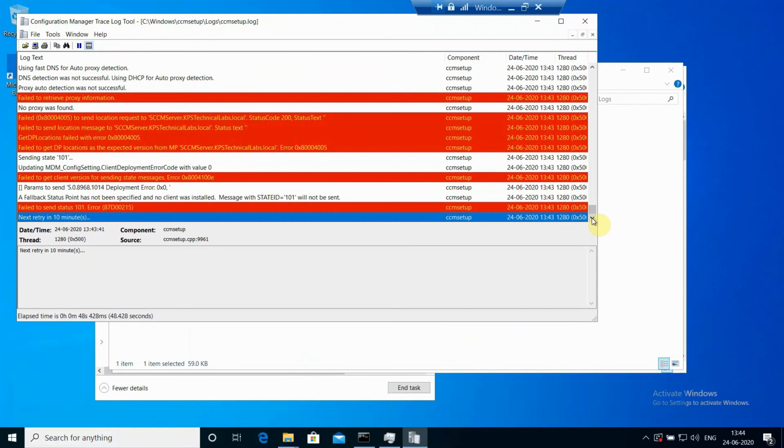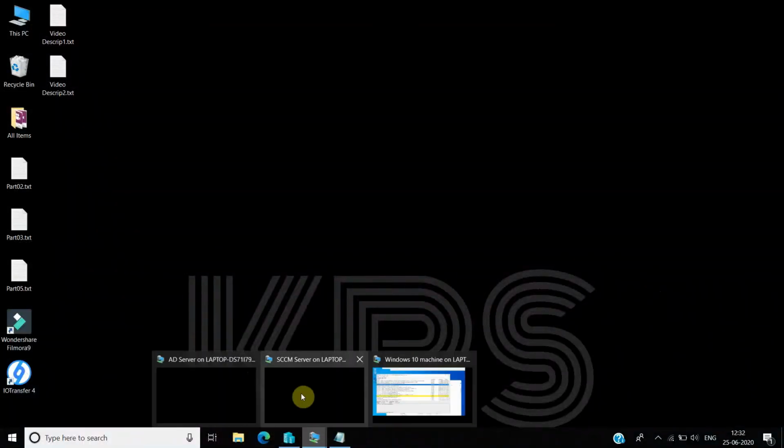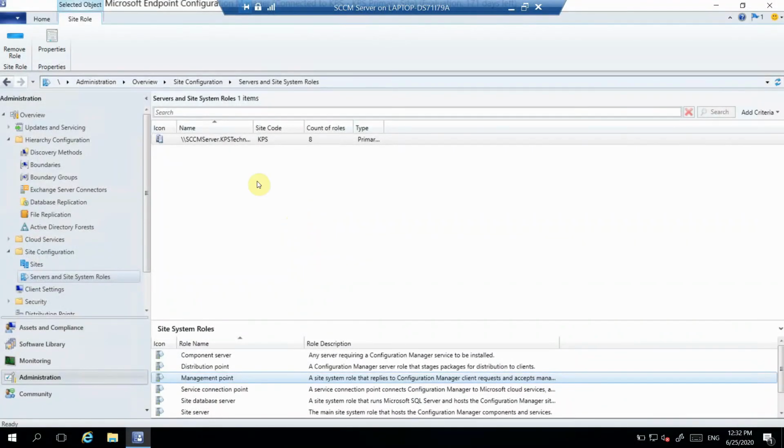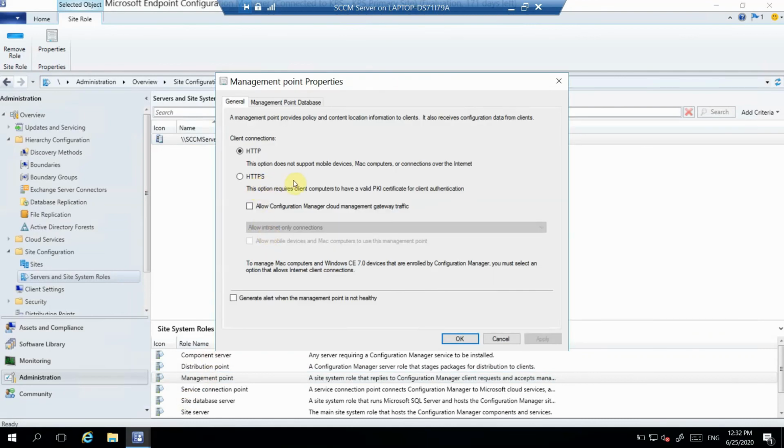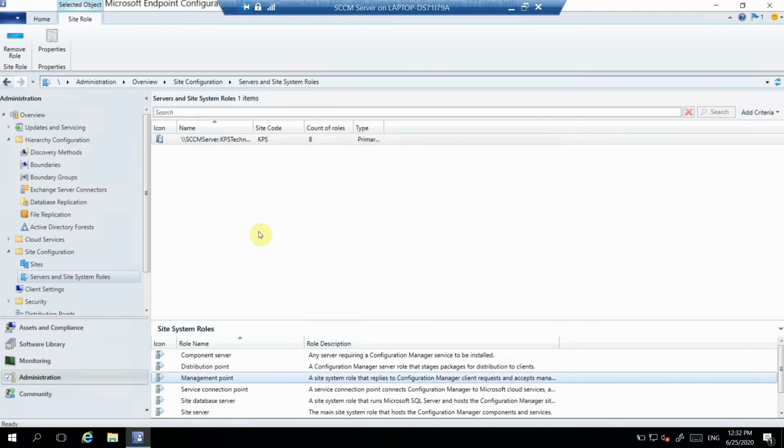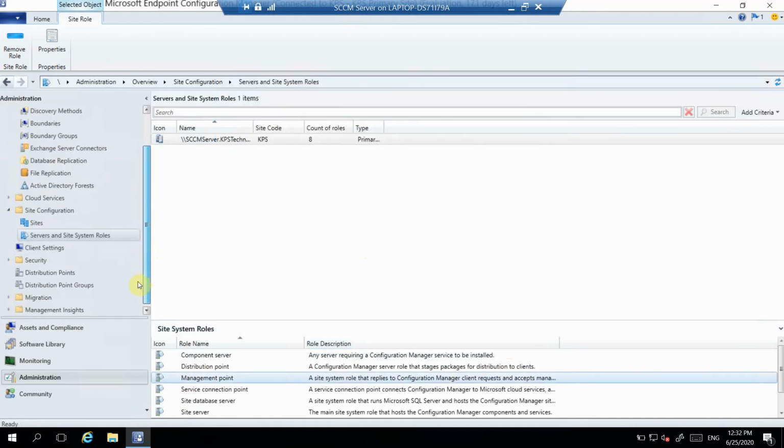So there is one error we are getting. Okay, so it's related to our management point. Actually, the problem was on my management point. It was selected as HTTPS, so it was trying to find some PKI certificate. That's why it was giving the error. So I just set it back to HTTP, and after that,